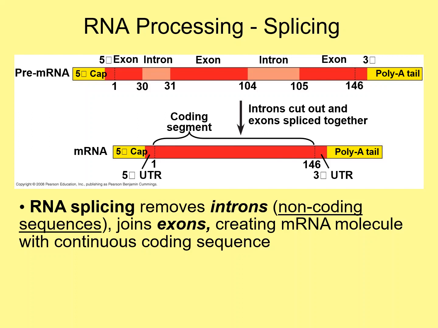So to date, right, we've added this 5' cap and the poly A tail, and now both of those things are going to help get our molecule out of the nucleus and protect it from those pesky hydrolytic enzymes, right? And help it attach to the ribosome later. The last thing that happens is we are actually going to splice and dice our pre-mRNA molecule to make our